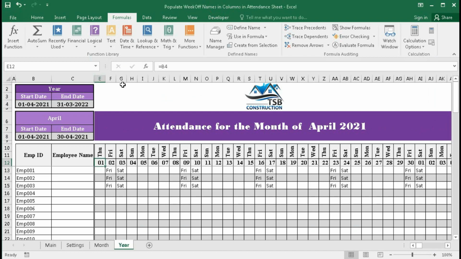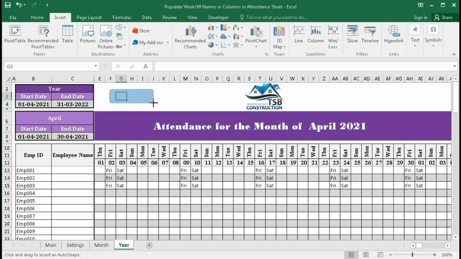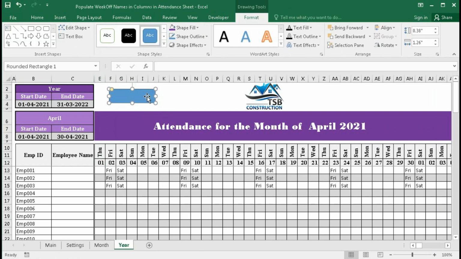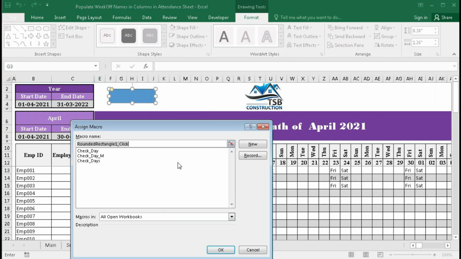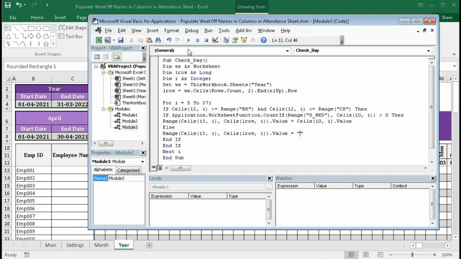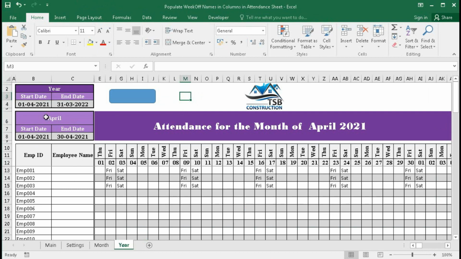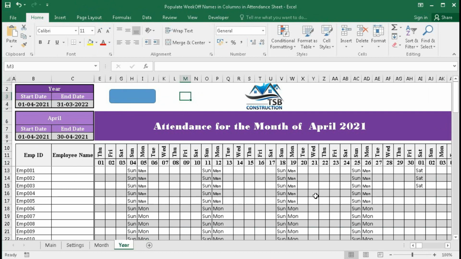Now I am using a button here. I am not formatting it, I have just created this, and right click, assign macro and check day. So I have selected check day. Okay. Now this is for April. If I click this one, then April is populated.